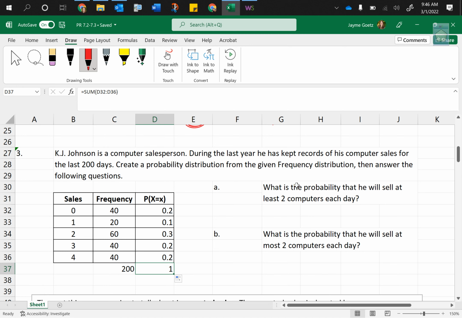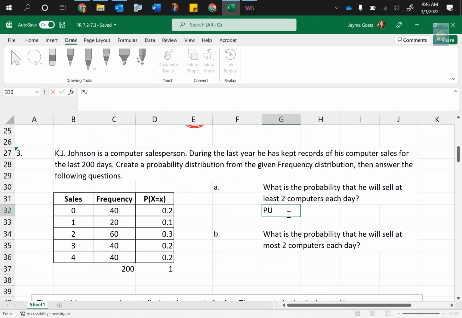Now let's answer these questions here. What is the probability that he will sell at least 2 computers each day? We need to improve our reading and comprehension skills a little bit, so can you explain to me what does it mean when it says he will sell at least 2 computers each day? How many would that imply? 2 or more, so we could sell 2, 3, or 4, right? So what they're saying is find the probability that he sold at least, so greater than or equal to,